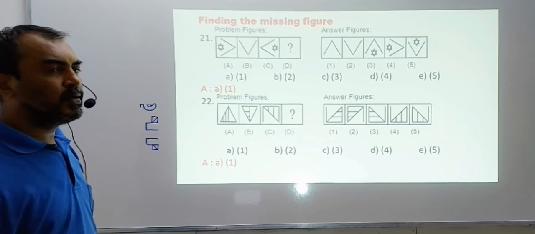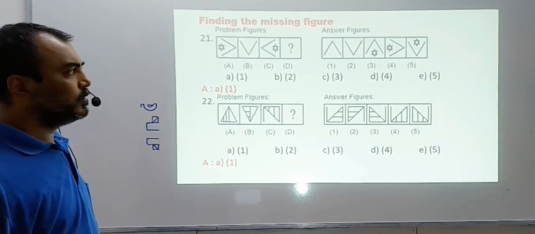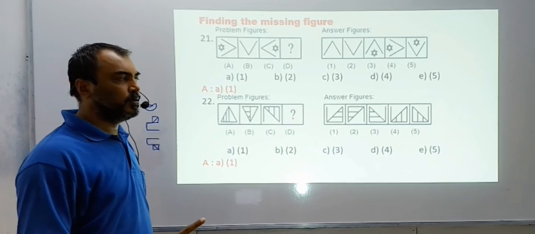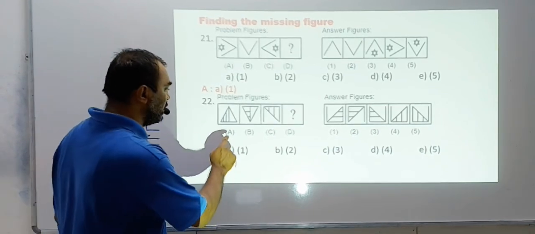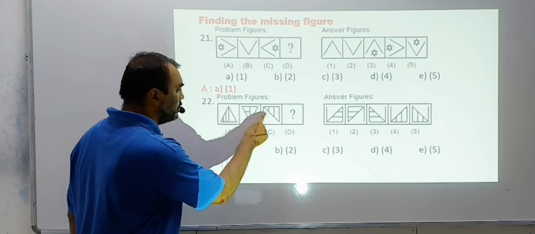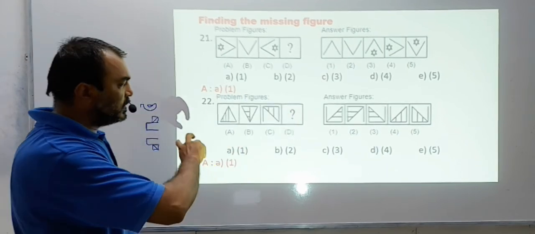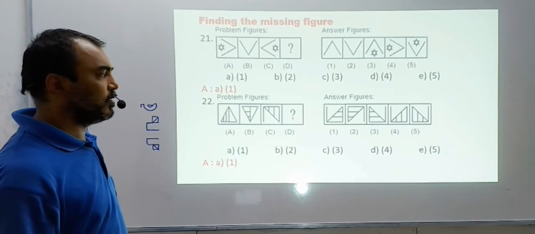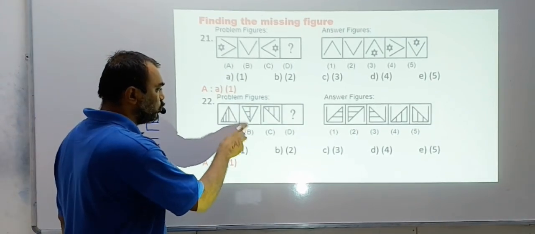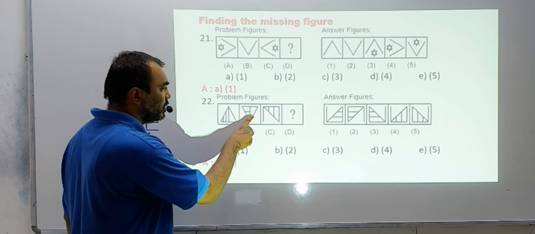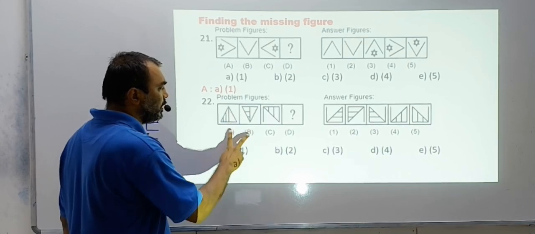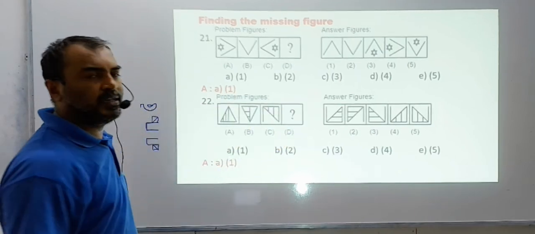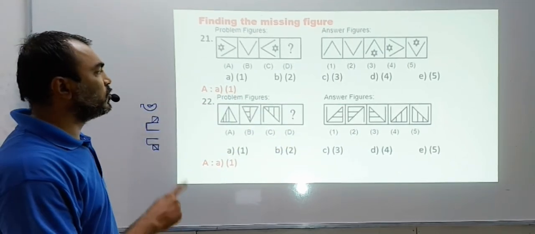And remember in the end what I told you in the starting. Reading the instructions is very important. In some questions they will say ABC follows a pattern, so go to the figure D. Means the ABC follows a pattern, go to the figure D. But here this was not the case. Here A changes into B by a certain logic, certain pattern. So if A changes into B by a certain pattern, how will C change into D is what is the D you have to find. So this question is of a different type.